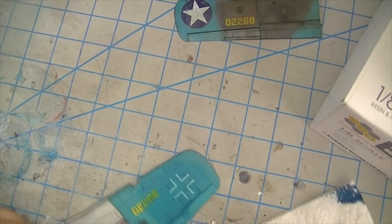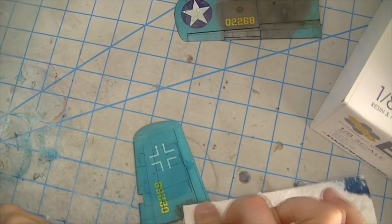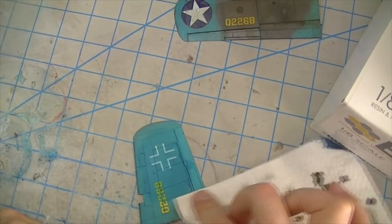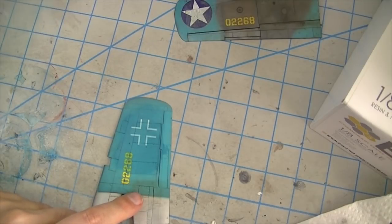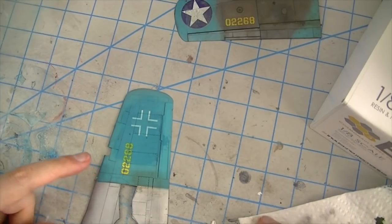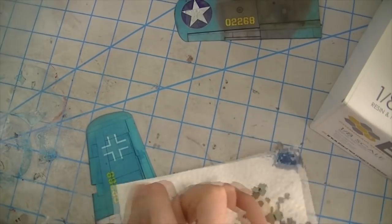Let's see what happens if I work on that with the paper towel. It comes off with some rubbing, and it definitely created a stain and then left some material in the panel lines there. So I like that. That's pretty cool, because being able to rub it off of there dry is kind of